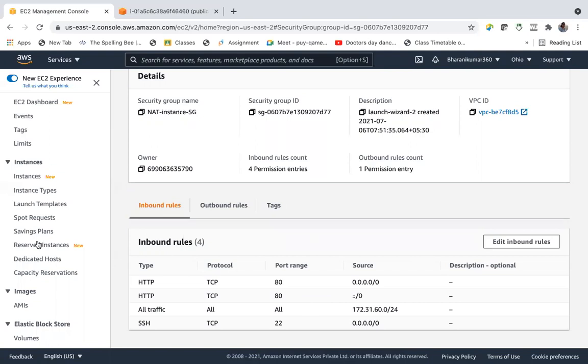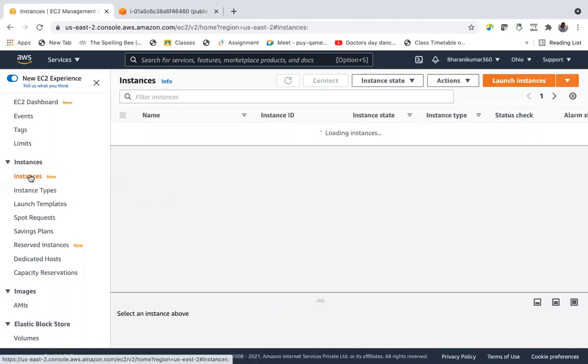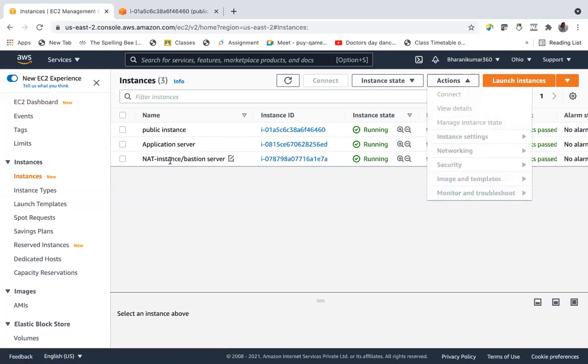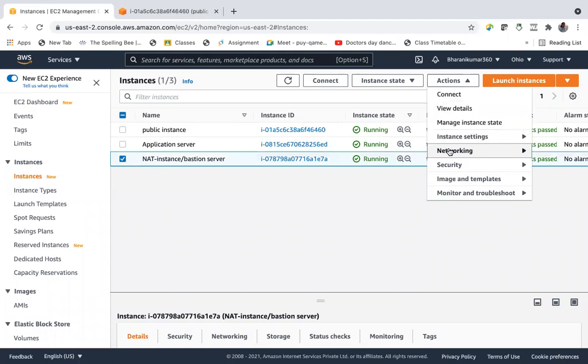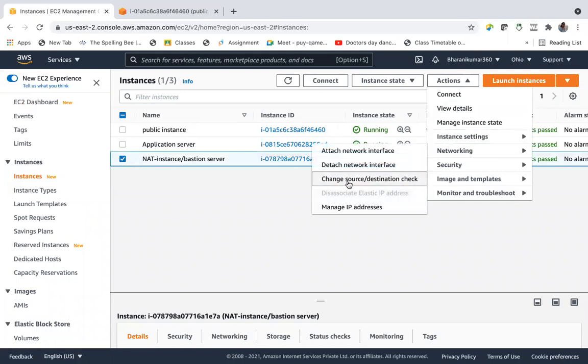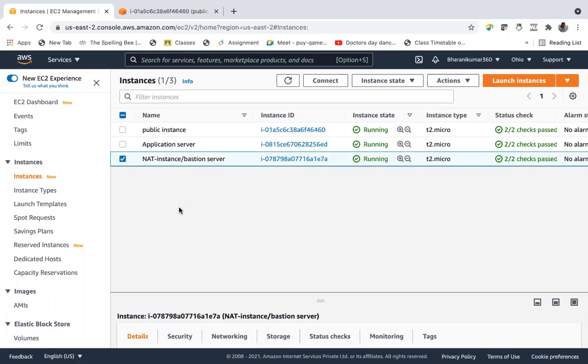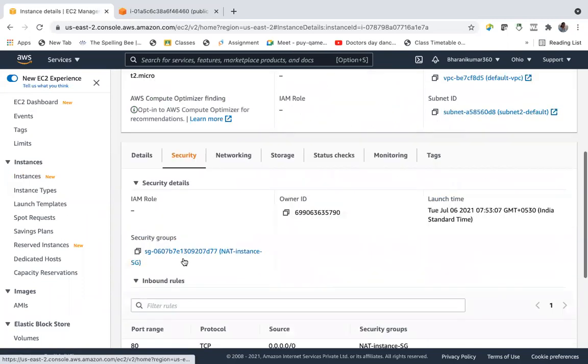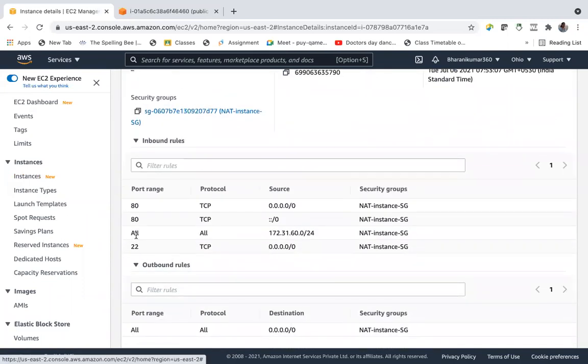But for a NAT instance, you should create a NAT instance, add it in the private route table, and also you should turn off the source or destination checks, and also the security group. You have to add this rule in the security group. Clear, guys? Any doubts?